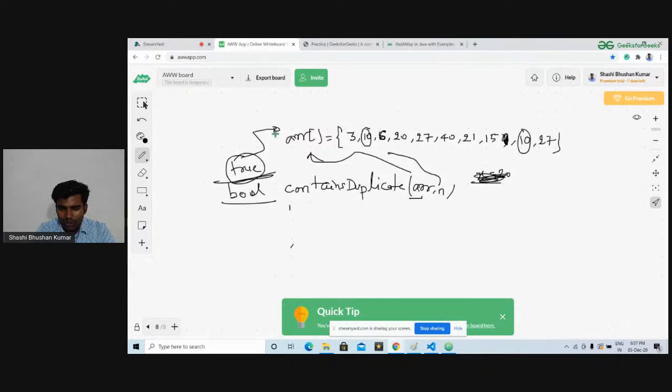Okay, so how we can solve this problem? Okay, Sania said sorting. Okay, that's nice. Okay, so sorting is one way. So method one could be, we can simply sort the array, right? That will take n log n time,